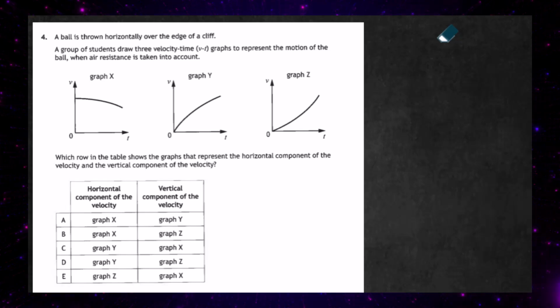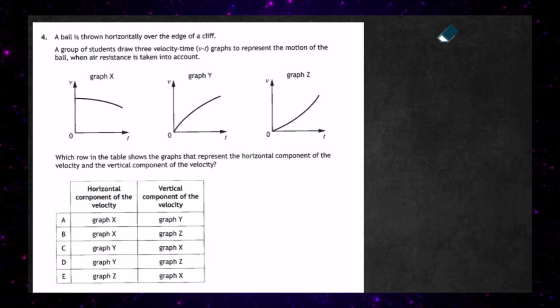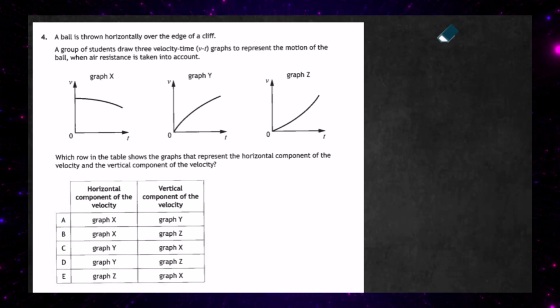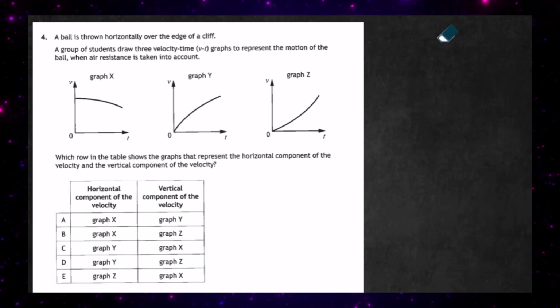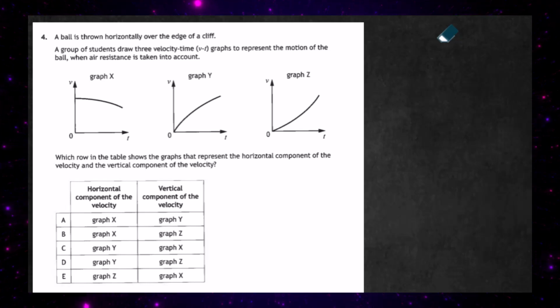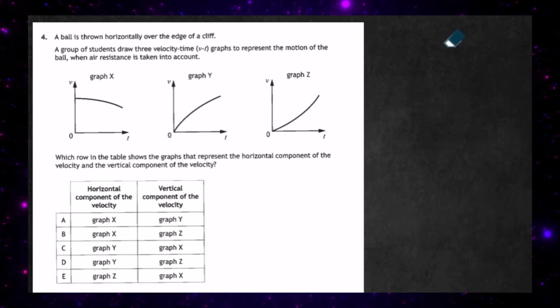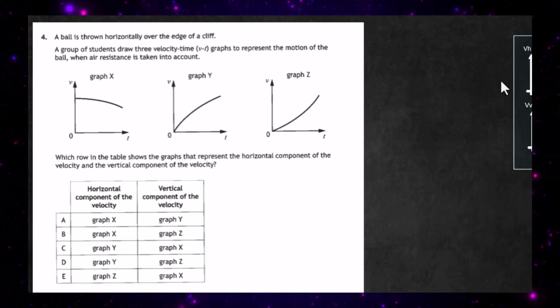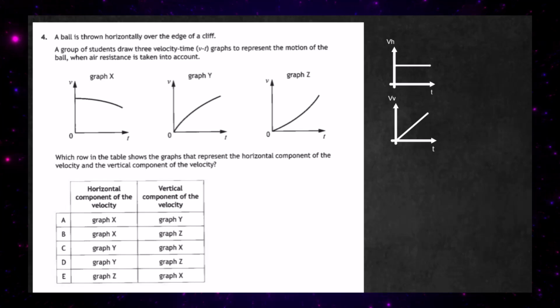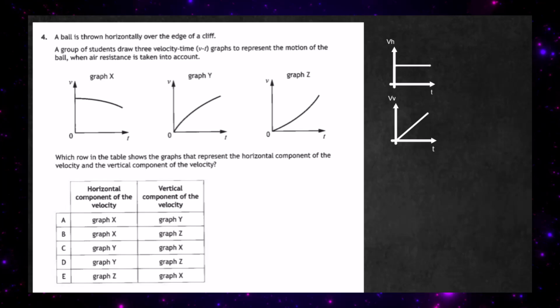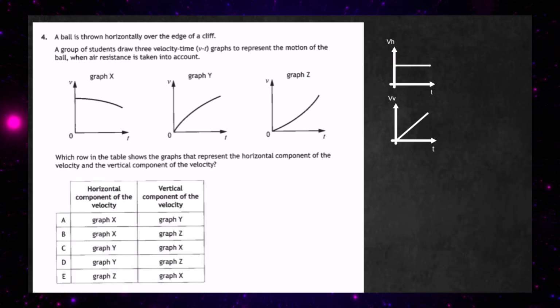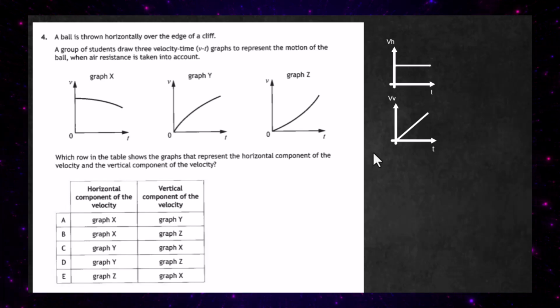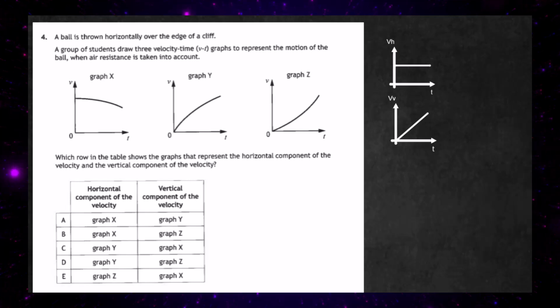Which row in the table shows the graphs that represent the horizontal component of the velocity and the vertical component of the velocity? Well, we recap our National 5 horizontal projectiles without air resistance. You'd get a series of graphs like this. You get the horizontal velocity graph, that's the top one, and the velocity would not change, it'd be constant throughout the motion. The vertical velocity graph, that's this graph here at the bottom, you can see the velocity is going